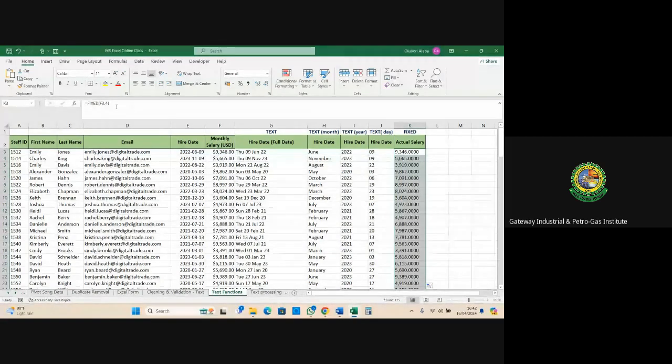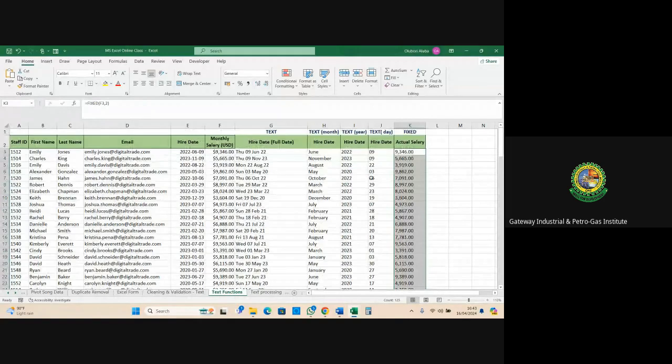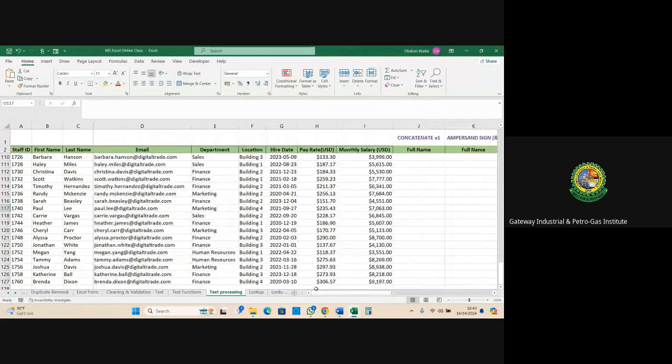If you want 2 decimal places, in most cases 2 decimal places, just put it and press enter, and then you have 2 decimal places. So that's how the fixed function works in Excel. And then let's go forward to text processing. Very, very important